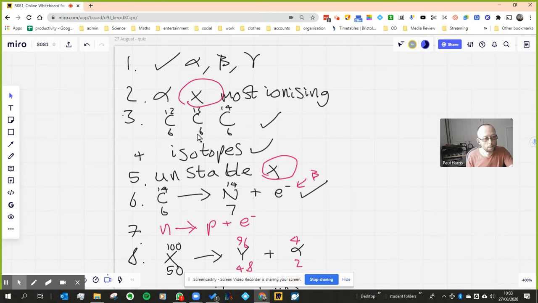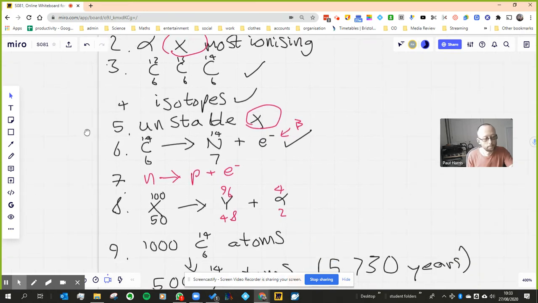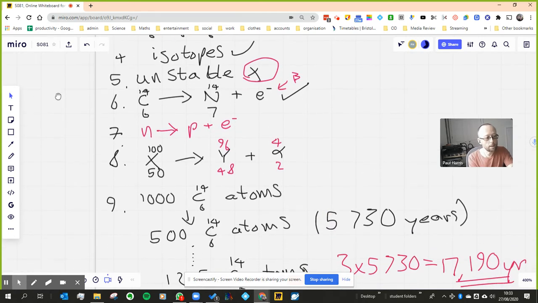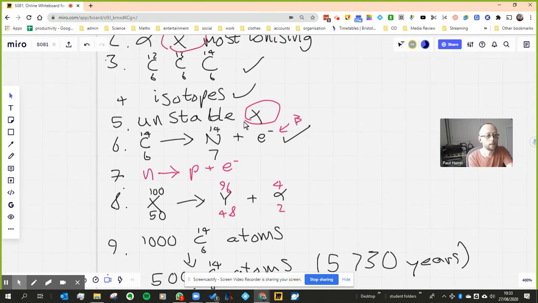Okay, you had no problem with what an isotope is. Well, you knew the difference and the similarity between the different isotopes, and you knew the name of the isotopes. The word unstable means that something can decay. See, the carbon-12, that's just going to stick around as carbon-12 no matter what. Carbon-13 is pretty stable as well, I believe. Carbon-14 won't stick around. It'll still stick around for quite a while because, as we learned earlier on, it'll take 5,730 years for half of a sample to decay. But it is still unstable because eventually it will, at some point, decay into nitrogen-14.